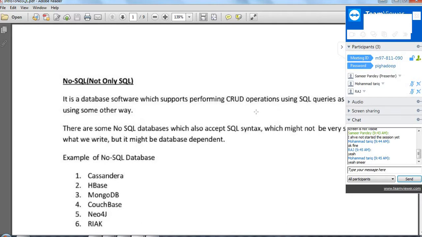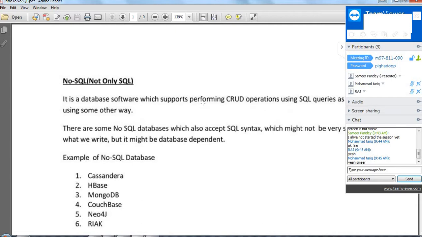Before we can start, let's understand what is NoSQL. Most of the things today are not practical. A lot of theories are going to be discussed, so I'll give a lot of breaks in between, because theories need basic concepts for getting and absorbing the things. So let's start with NoSQL.